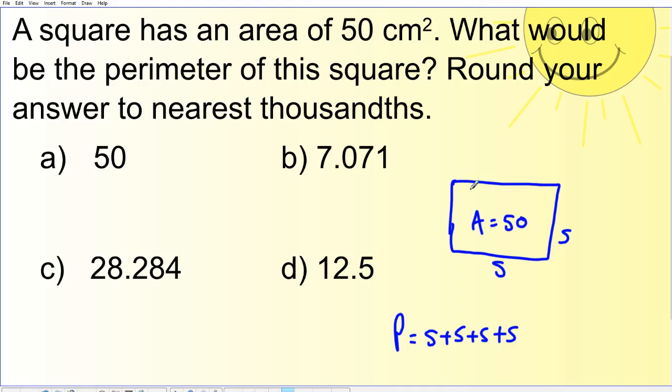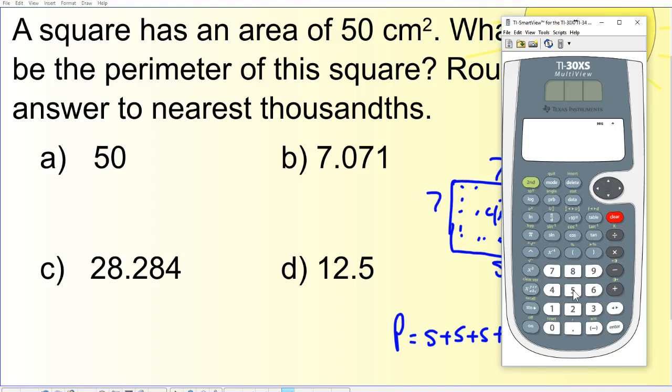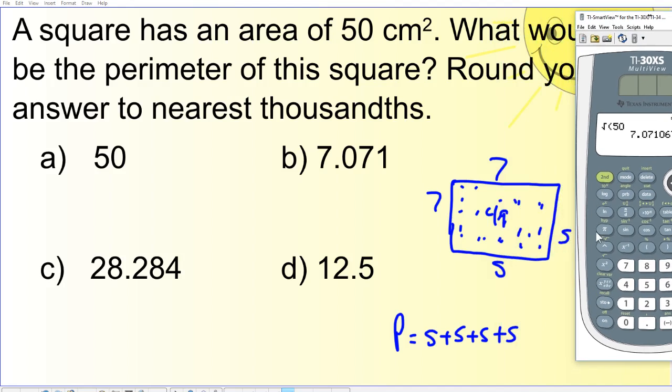Well, think about this. Let's imagine I had 50 little Skittles in here. I can't actually draw it out, but imagine I had 50 little Skittles, all forming a square. How big would each side of that square be? You're going to see it doesn't work out exactly, right? The closest thing would actually be 49. If there were 49 Skittles in here, then each side would have a length of 7. 50 is not a perfect square. If I take the square root of 50, it gives me that. So S is 7.07